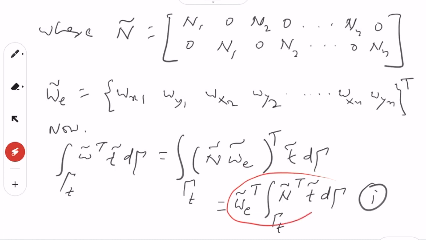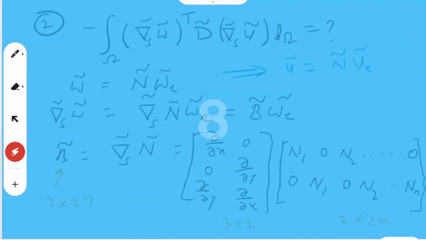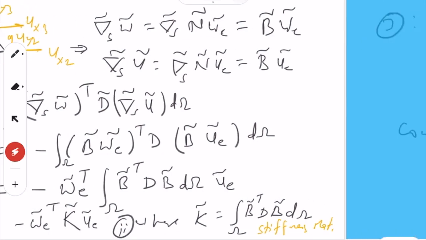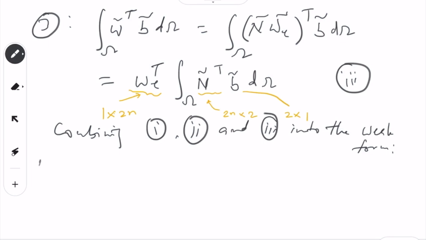So, we will write it like this: W e transpose, integral over gamma t, N tilde transpose t tilde d gamma,